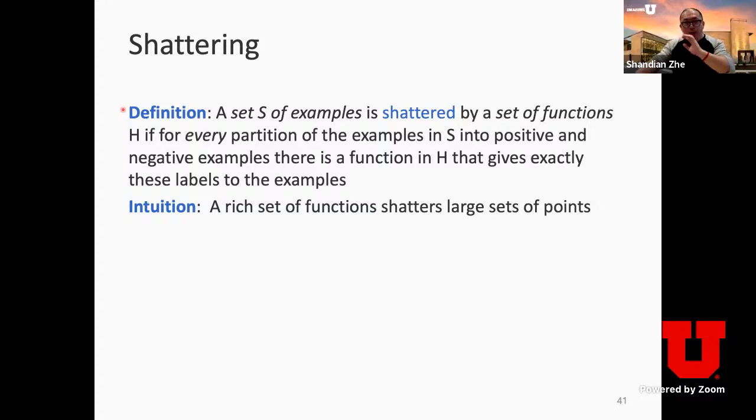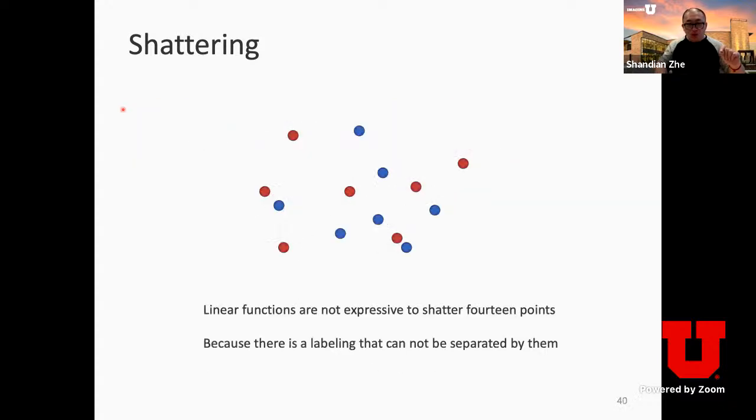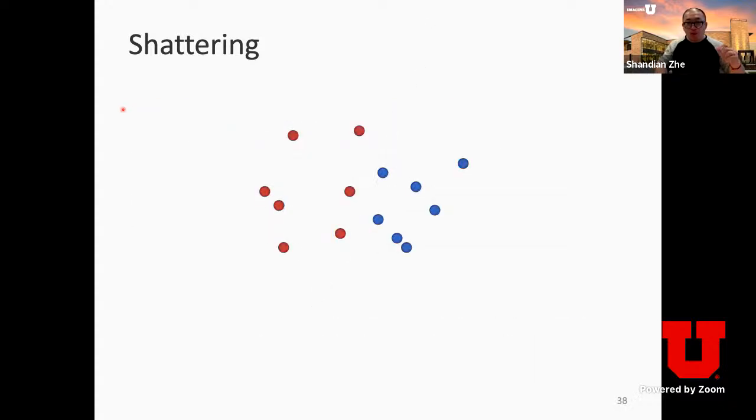I'm happy that you immediately associate this concept with the previous content we have discussed. First, when we say the data is linearly separable, it does not mean the data can be shattered by linear functions. Take these 14 points as an example again. If these 14 points have labels like this, is this data set linearly separable? Yes, of course.